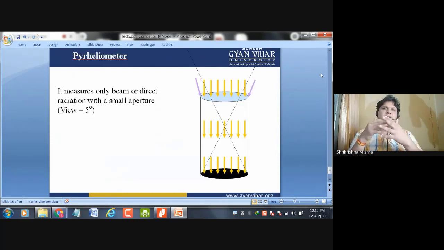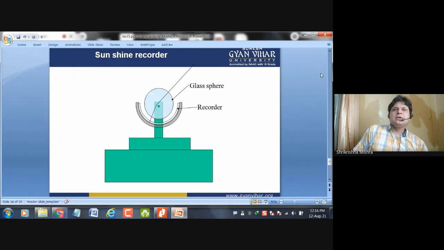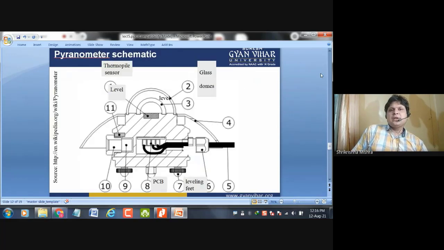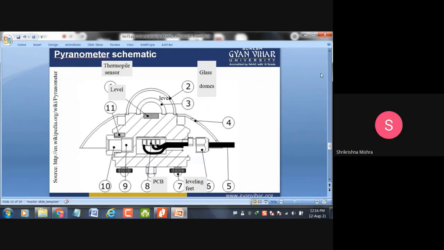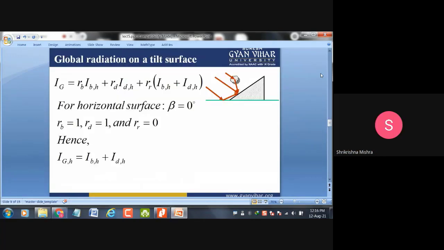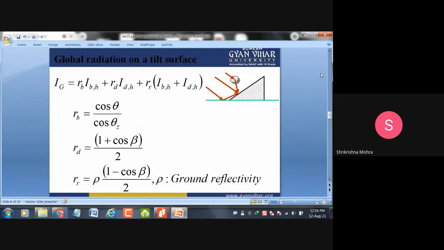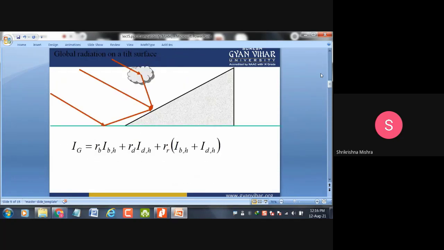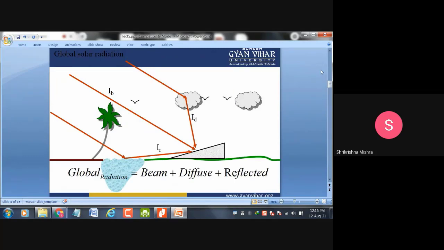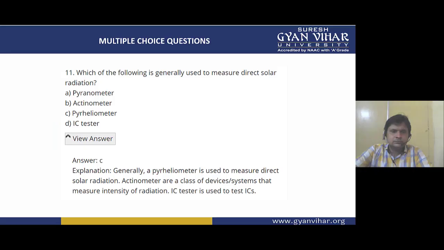Now in exams, when you have to describe these three types of measuring instruments, you will use these symbolic diagrams. The actual diagram is very difficult to make. So you will make the symbolic diagrams in order to explain the pyranometer, pyrheliometer, and sunshine recorder. All right, this is the total radiation acting on the surface, and this is the method by which we can calculate it. So I hope this is now understood.